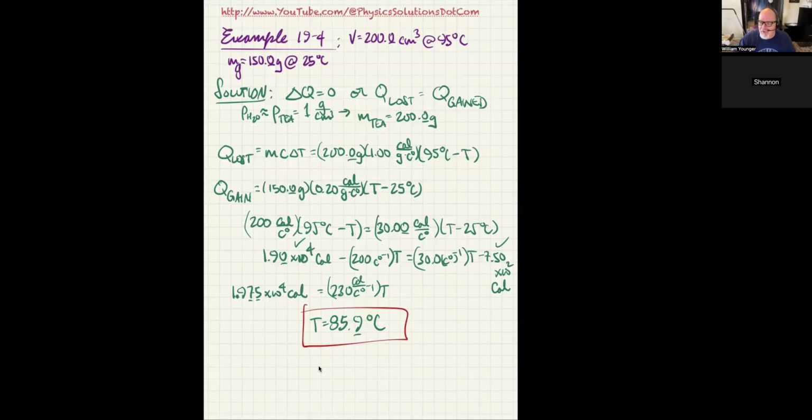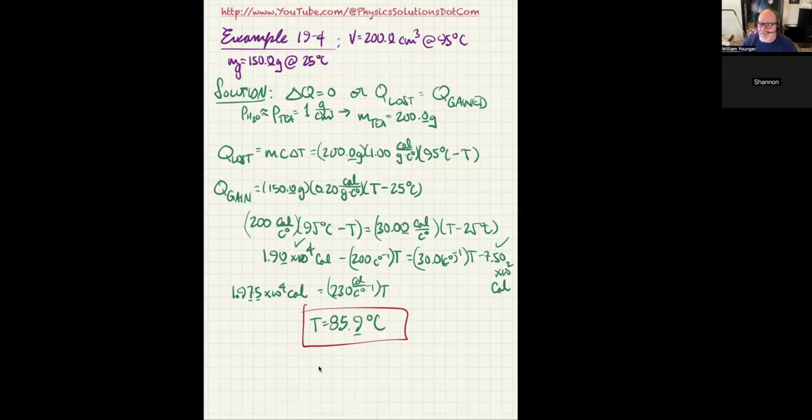Then you lower the hot metal into the bottom and you start stirring it so that it can evenly distribute the heat around. You watch the thermometer in the calorimeter cup go up, up, up, and it'll come to a stop and then start going back down. That highest temperature was the equilibrium point at which the hot metal had reached equilibrium with the water and with the aluminum cup.